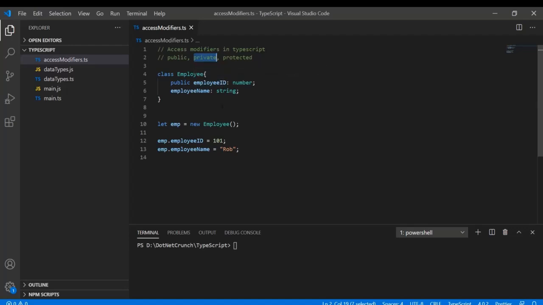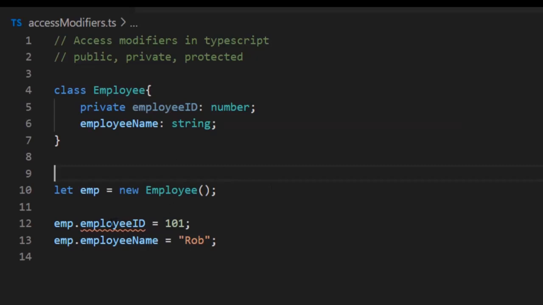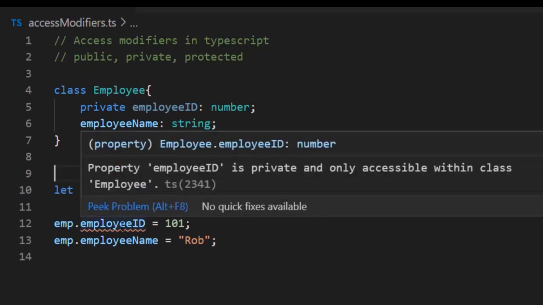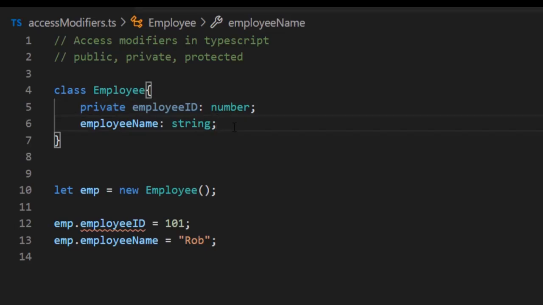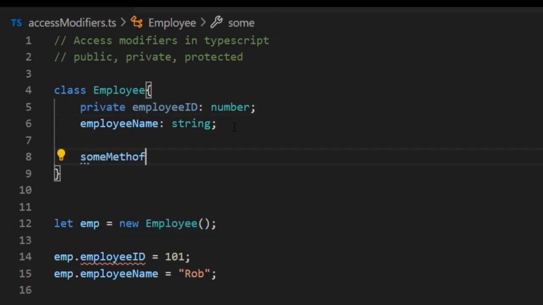Private members are visible only to the particular class to which they belong, right? So if I specify employee ID here as private, you can see it started giving me an error, a compile time error. It says employee ID is private and only accessible within class Employee. So within this class, if we try to access it by creating some method, or maybe in a method I want to use that,